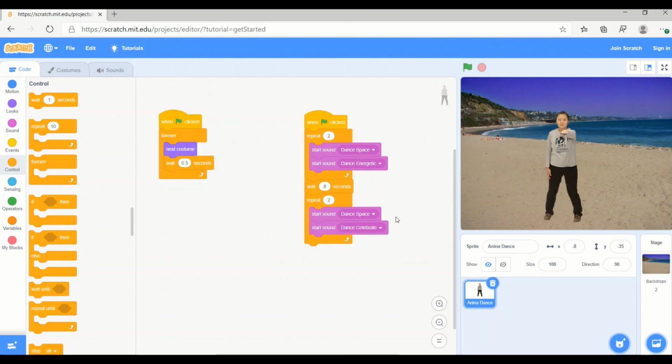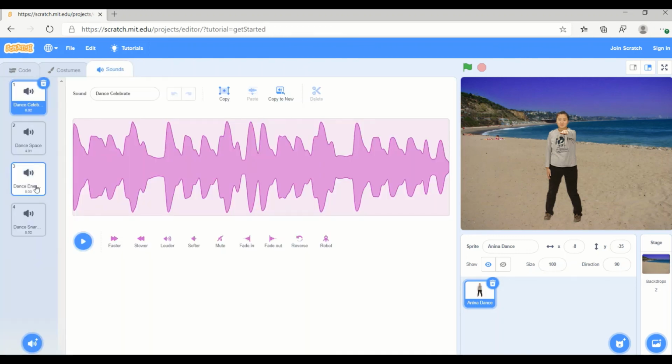Right, that's enough of me talking for today. Hopefully you'll really enjoy this task and it'll be a lot of fun for you. If you'd like, there's lots of other things you can do as well. Whether it's adding a second sprite to do some more dance moves, or maybe even changing some of the sounds so they go faster or slower. For example,